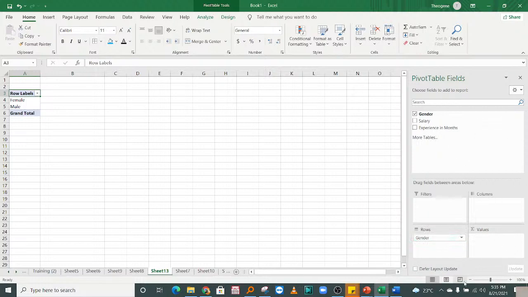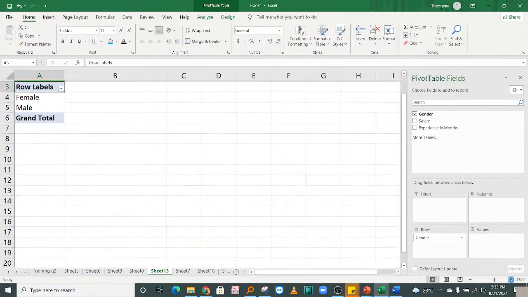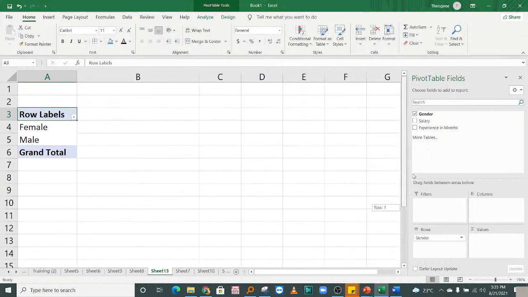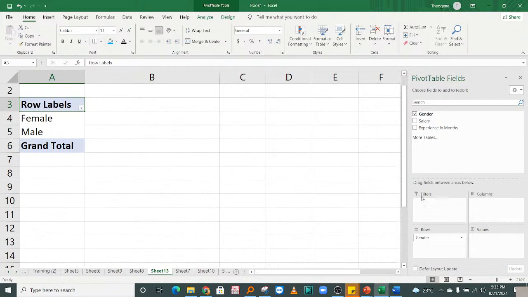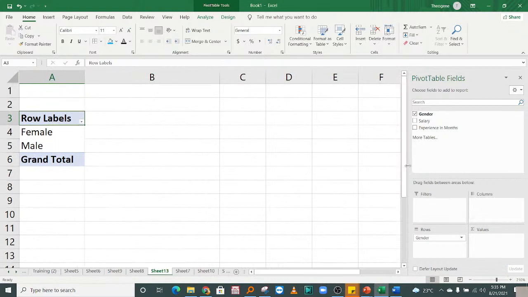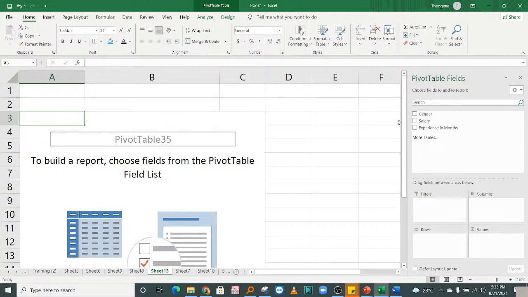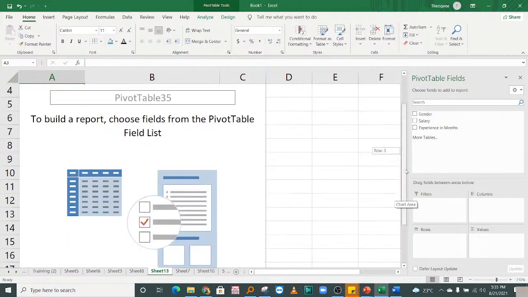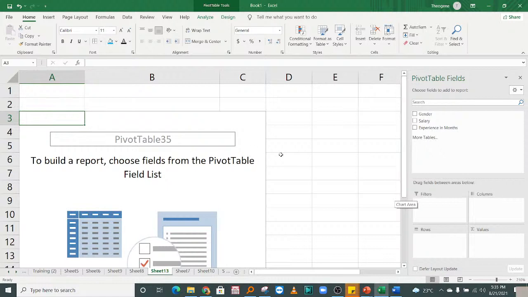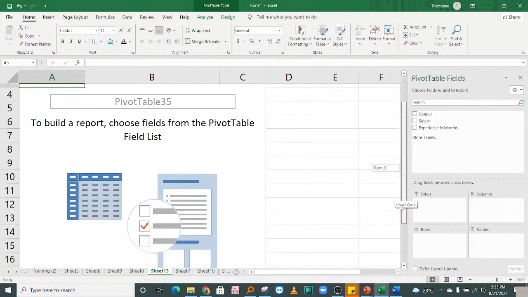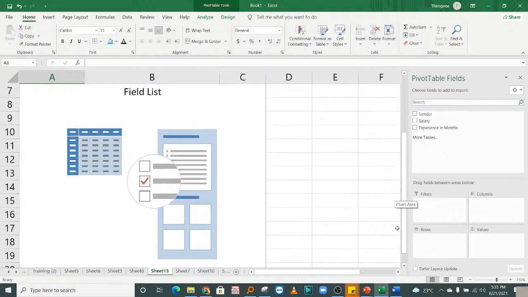Here, okay, let me increase the size. So I hope you can see there. So if you can see there, okay, here we have gender. We have the pivot table, which normally should look like this without anything. To build the report, you should choose fields from the pivot field list. Okay, so right side here,